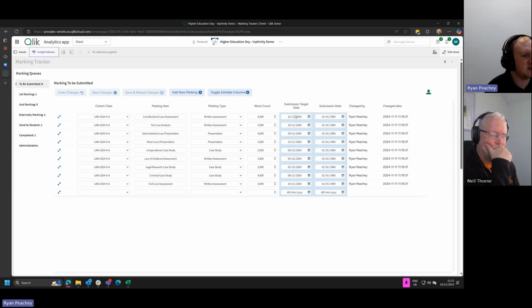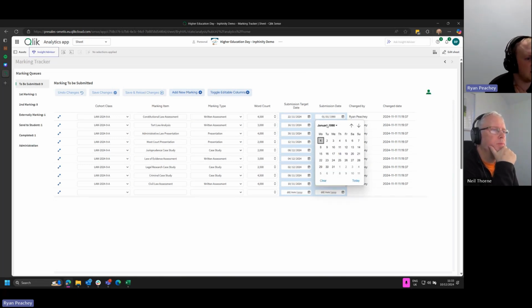And you can see here I've got a submission date, and we're going to pick one of these to work with. So let's pick the constitutional law assessment, and it's a written assessment. It's 4,500 words, so quite a big assessment. And I'm going to say here with the date selector, I'm going to go to